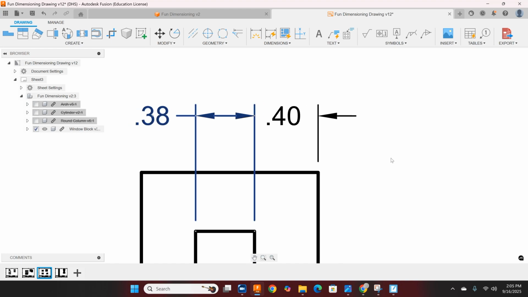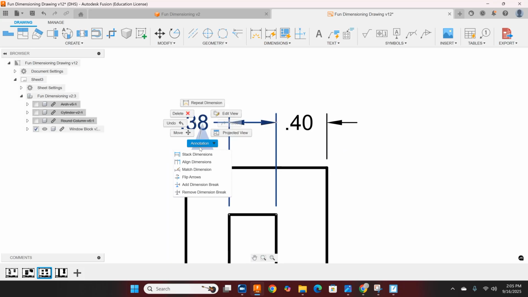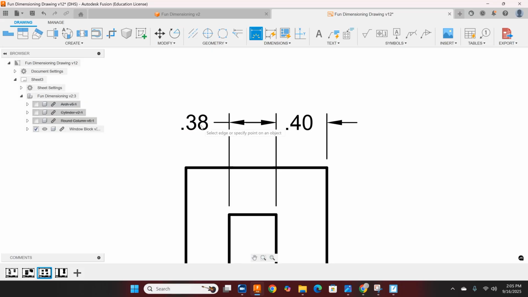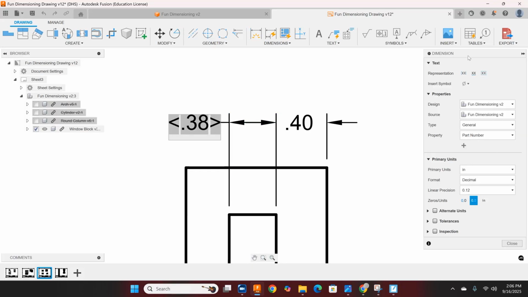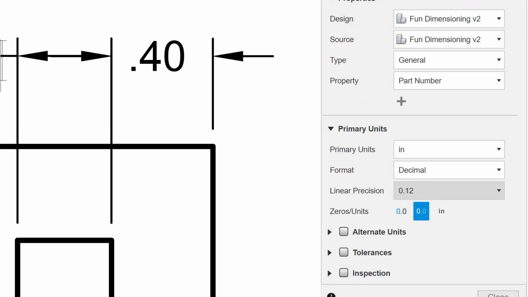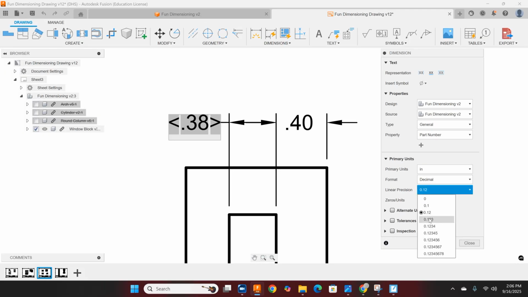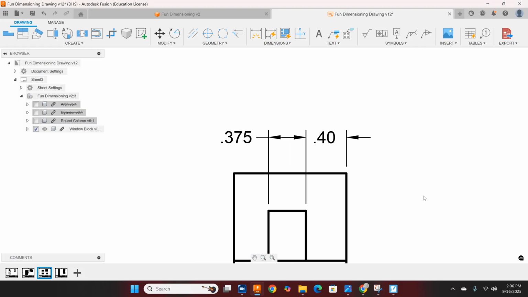Okay, and since this was a 3D printed part, it's supposed to be 0.375. We can show, hey, we had that right. If I double click a dimension, I've got to escape to get out of the tool. If I double click the dimension, then for that one dimension, I can go down for the linear precision, and there I see 0.12. I can change that to 0.123, and I can get the 3 decimals of precision that we want. Okay,